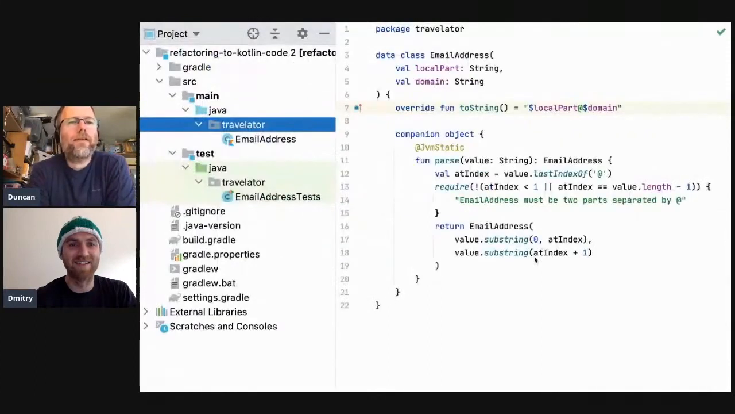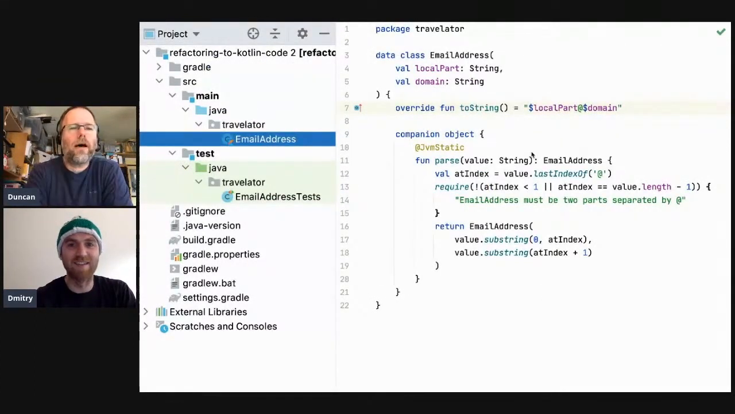Okay, so this example came about because we've got this example application called Travelator, which organizes trips around the world. And one of the classes inside it is email address, and this is the class after we've converted to Kotlin. So it was Java, and now it's Kotlin. And as a result, it has this parse method that used to be a static method in